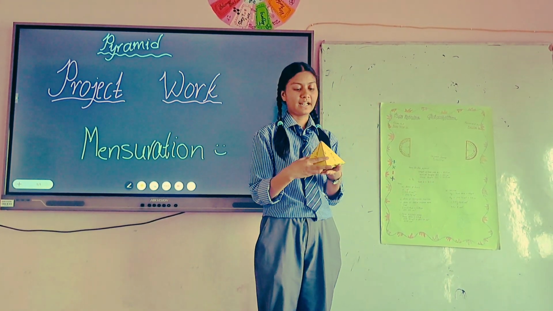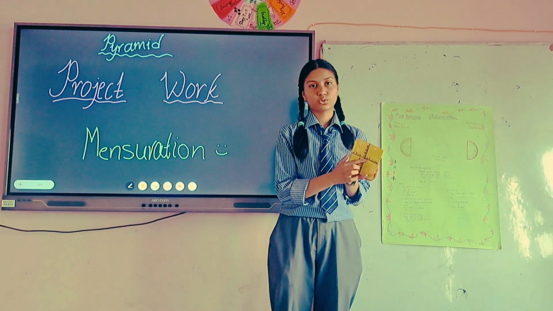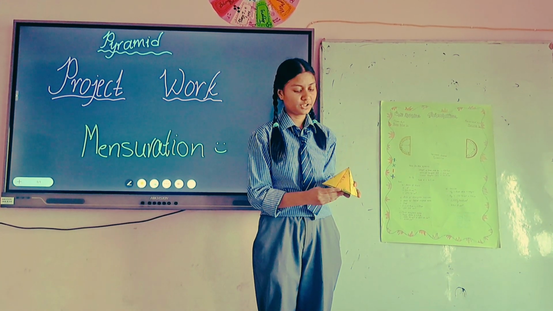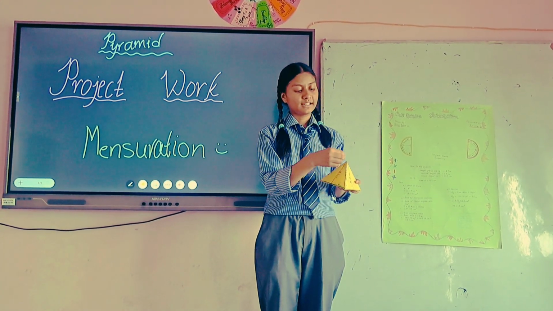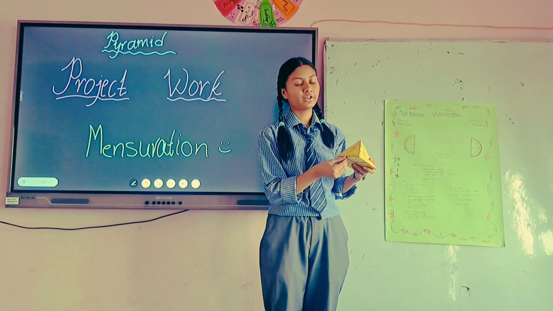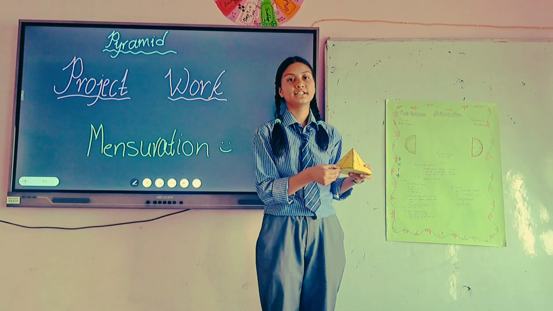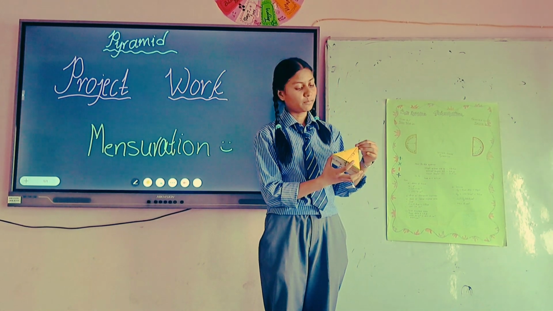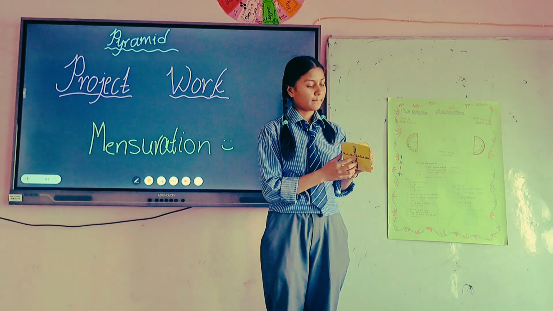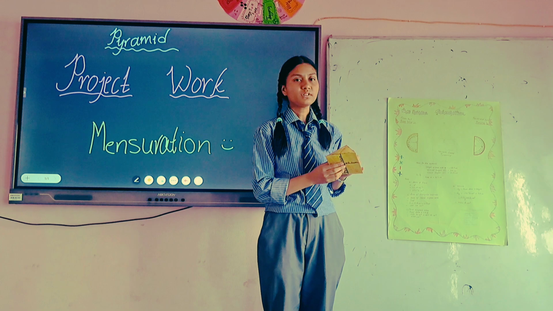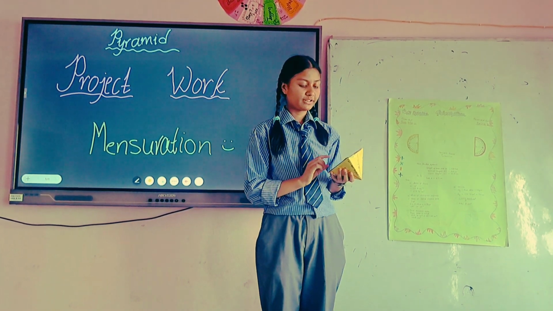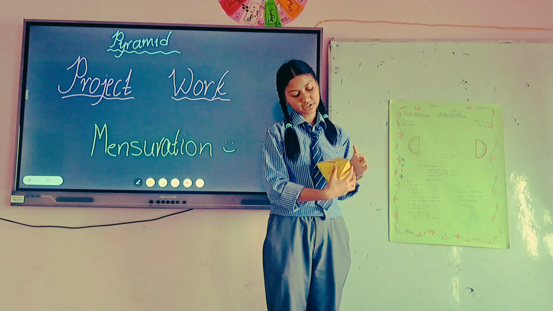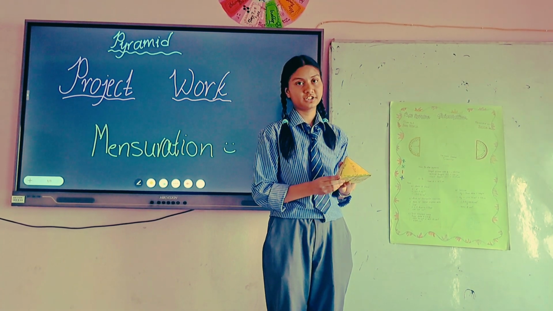In this square-based pyramid, the base is a square, and the side length of the base, denoted by A, is equal to 12 cm. The perpendicular line joining the vertex to the midpoint of the base side, the slant height denoted by L, is equal to 11.3 cm. The vertical height, denoted by H, is equal to 9.4 cm. And the length of the edge of this square-based pyramid is 13 cm.